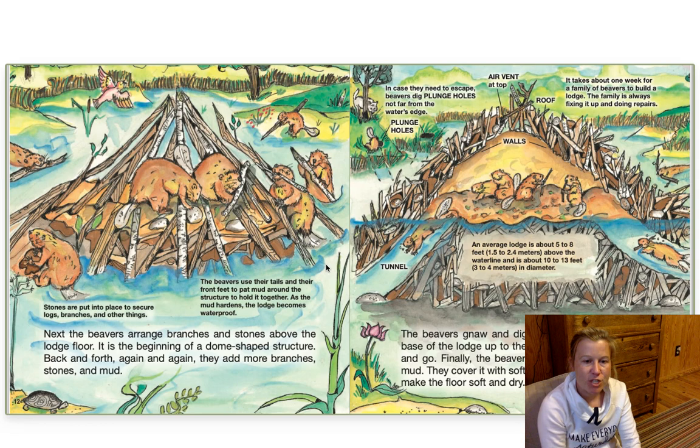Next, the beavers arrange branches and stones above the lodge floor. It is the beginning of a dome-shaped structure. Back and forth again and again, they add more branches, stones, and mud. The beavers gnaw and dig tunnels from the underwater base of the lodge up to the lodge floor so they